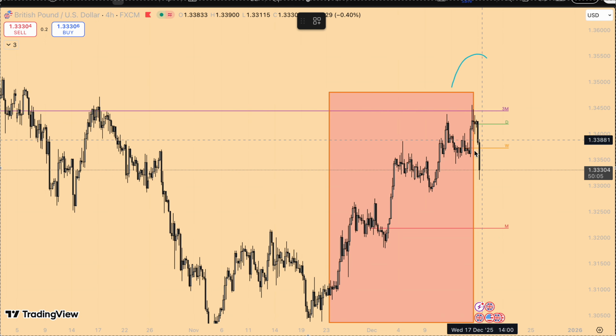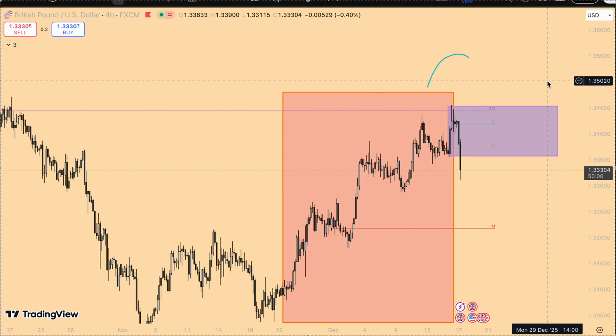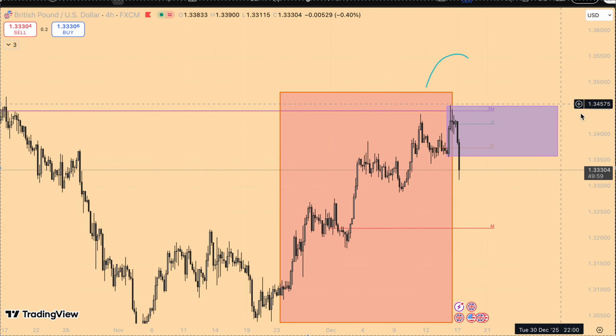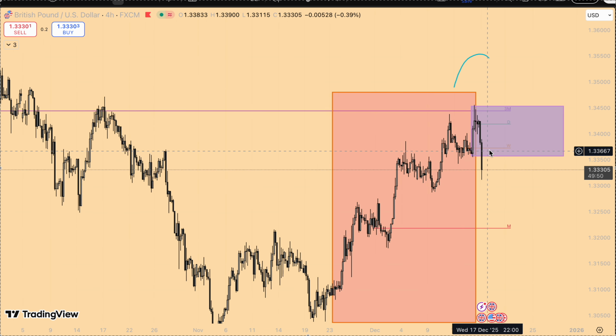So looking at this, right, now this is your buy before the sell, rather. So from inside here you could start looking for those shorts, as this is quite a strong high which took out liquidity and broke structure. So you could start looking for those shorts from inside here, and that would be nice to see.